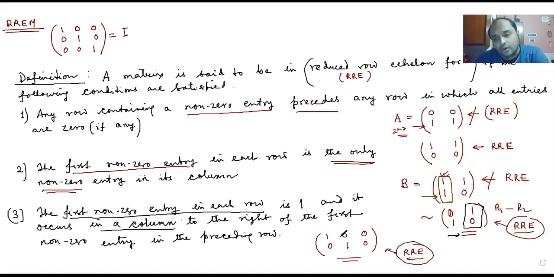Okay, so why is this reduced row echelon form needed? Reduced row echelon form